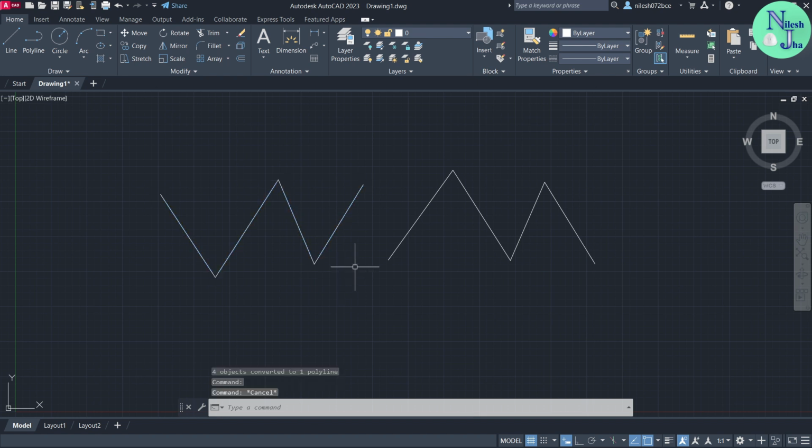And again, if you want to change this polyline into line, we can use explode. To use explode, just type EXPLODE. You can see here explode. Click here and now select the object. It is asking me to select objects. After selecting the object, hit the enter button on your keyboard. Now the polyline has been changed into the line objects. Now if you select the objects, single objects are being selected. In this way a line and polyline can be converted into one another.